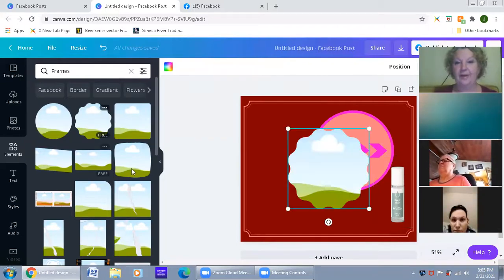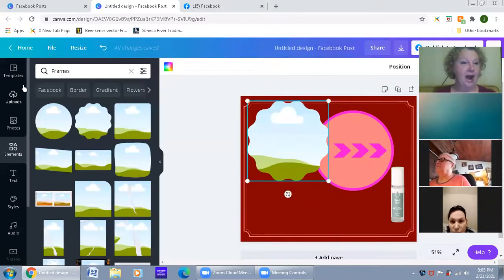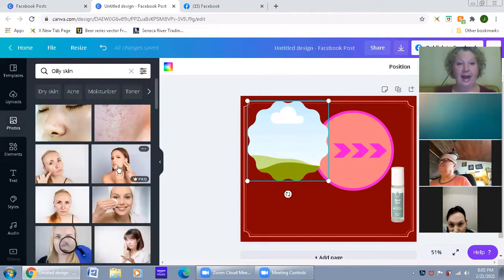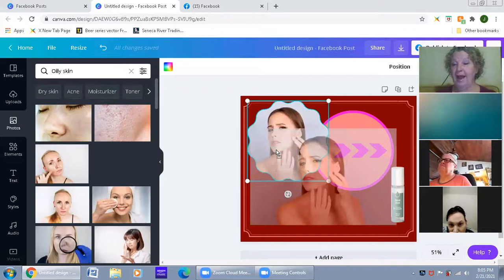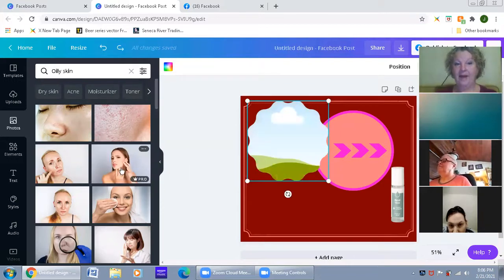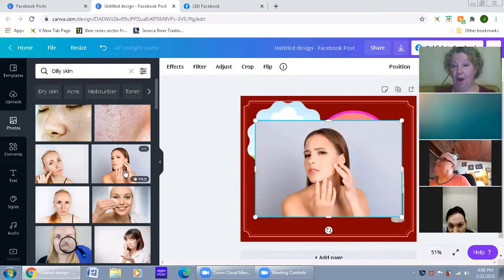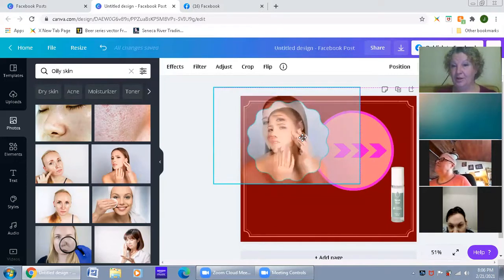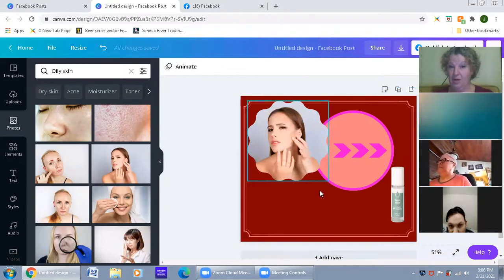So I'm just going to pop in a frame. And now I need to go back to either my uploads or my photos because that's where I'm going to put a picture, you guys. So I can hit my photos and I'm just going to grab one that's in here and you just drag it right into it. And now you have a frame for it. And I'm going to Command Z that. If I just click it, it just goes onto my screen, but I still can drag it in there. So you can drag from anywhere, and now you've got your frame the way that you want it with any picture,